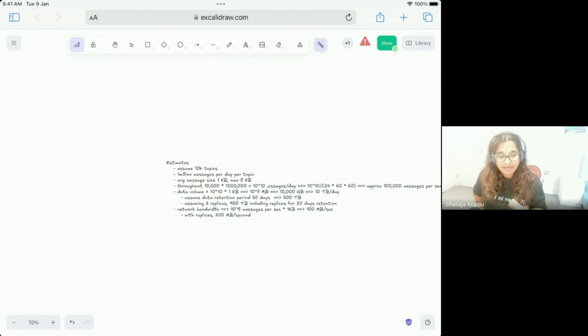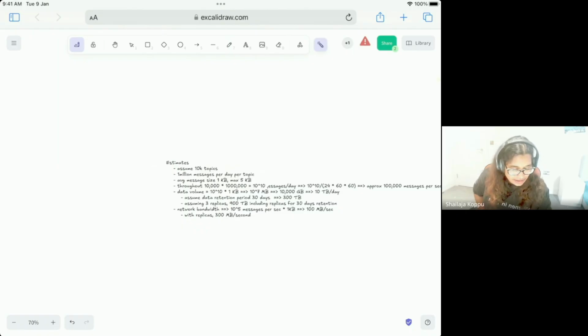Throughput is how many requests, user requests, you are getting per second. So, assuming that we are having 10,000 topics multiplied by 1 million messages, that's like 10 lakhs. 1 million messages totally, how many zeros? I'll try to make calculations easy for you who are not so great in maths. Don't get confused, just count the number of zeros. Also, when you are assuming numbers, either take powers of 10 or powers of 2. That makes your calculations easier.